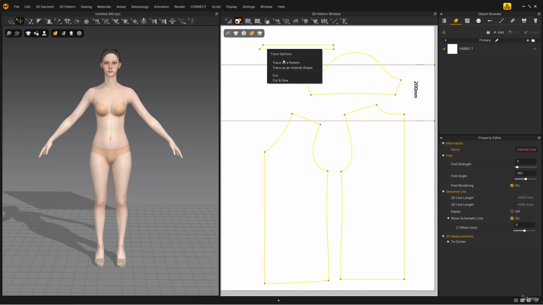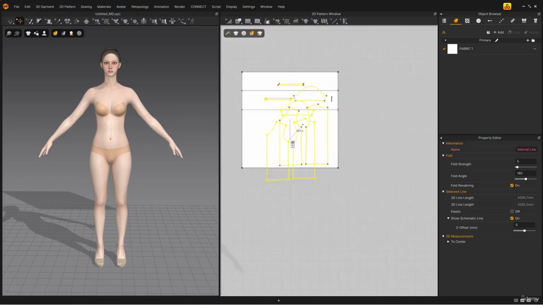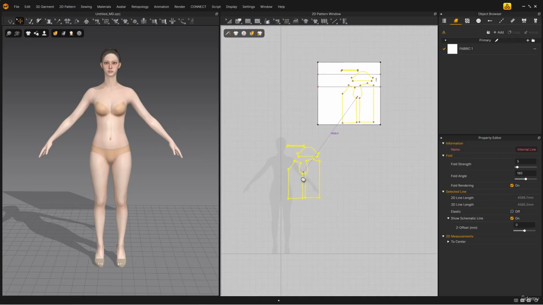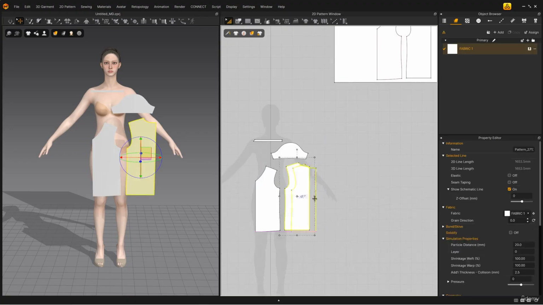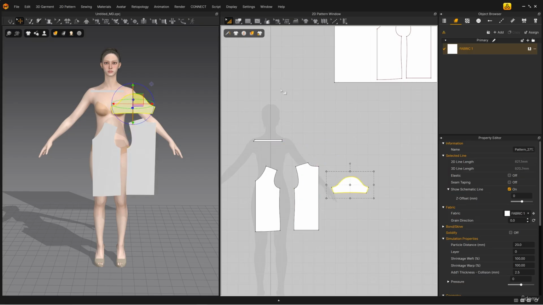Then right-click on the selected lines and choose Trace as a pattern. The area enclosed by your lines will be converted into an actual pattern piece. You can see the pattern generated in the 2D view. Since all patterns are only half, we'll unfold and duplicate them. Switch to Edit Pattern,